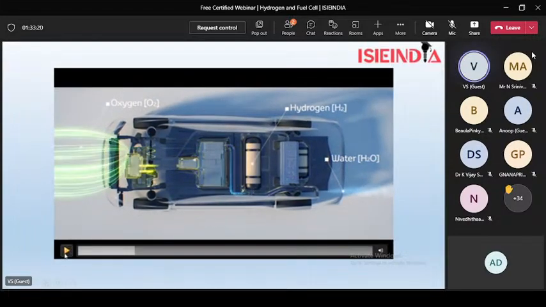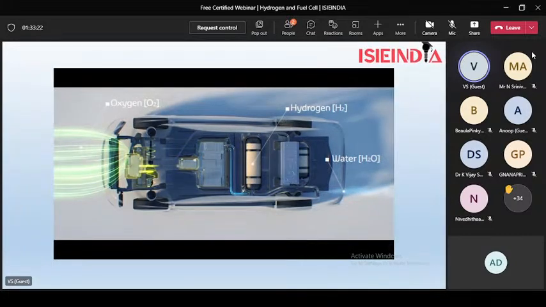Till now we have seen that the fuel cell needs hydrogen and oxygen, and when hydrogen is supplied and oxygen goes to the fuel cell, it generates electricity and water is also emitted from this vehicle. So the working of this vehicle is